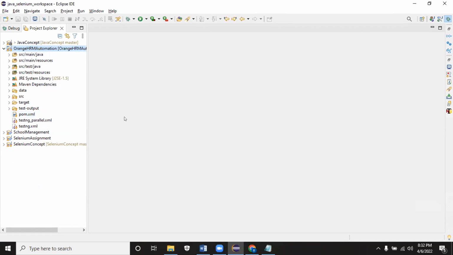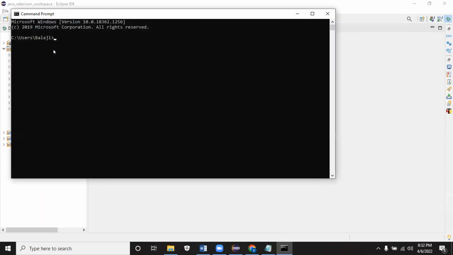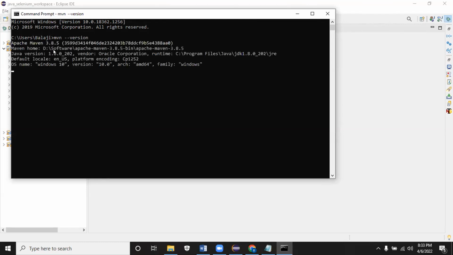For example, if you are trying to set up the environment on a Linux machine and you want to run it, or if you want to run it on some Windows server where you don't have Eclipse, we don't use Eclipse to trigger the project always. We use the command line to trigger the project. Just open the command prompt and then give mvn space hyphen version. Take this. How to control the Maven project. Just check this.